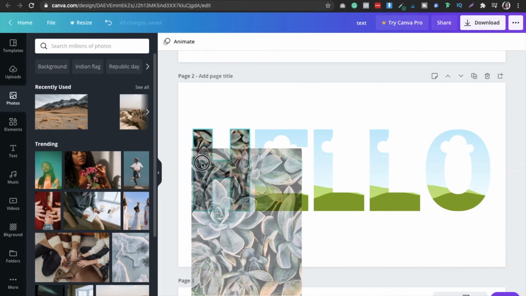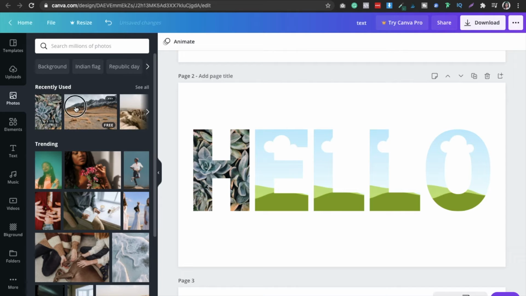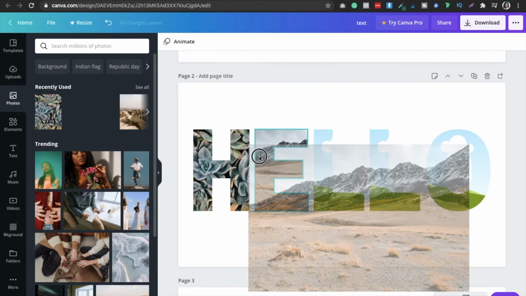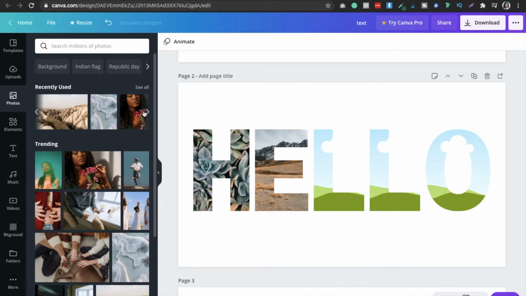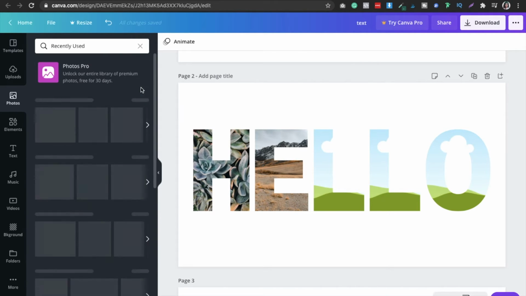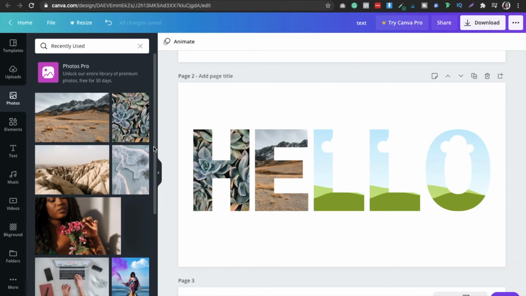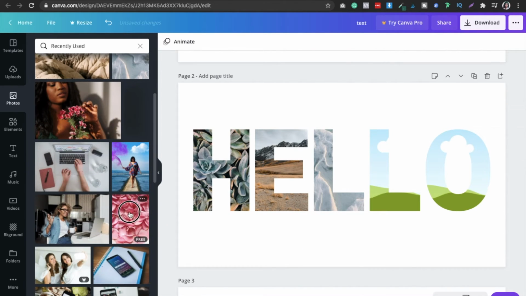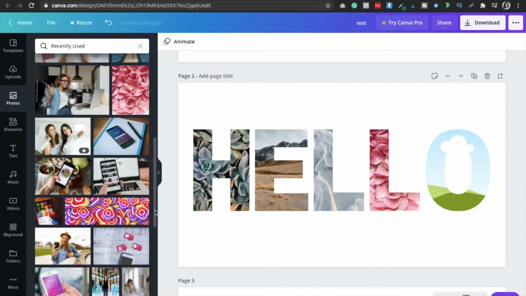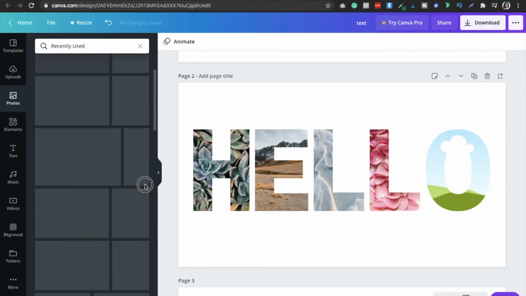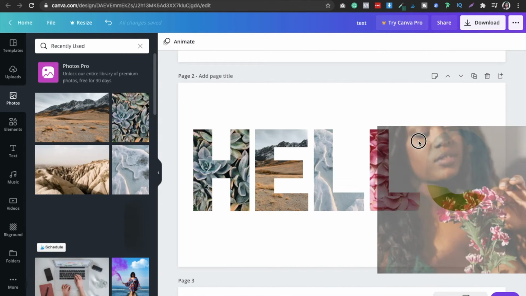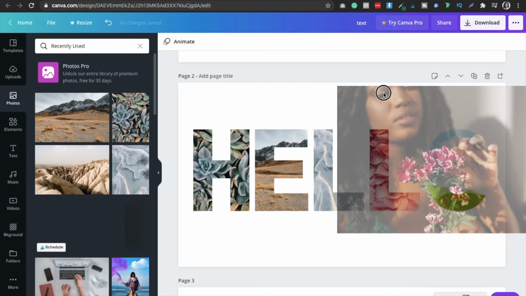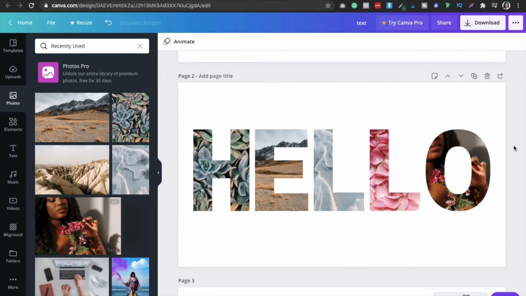Let's suppose that I want this one in H. You just have to slide it. Something like that. Okay, so this is how we do the framed text.